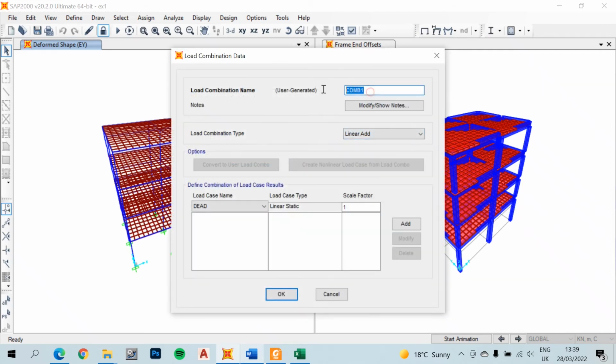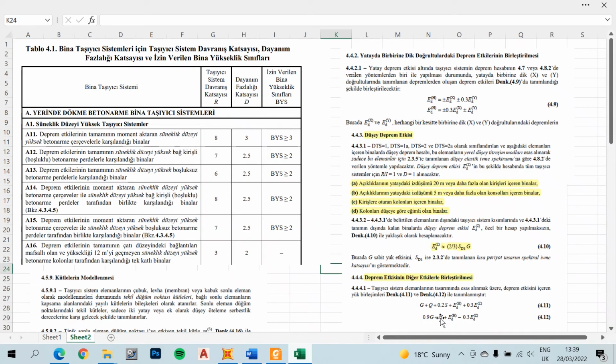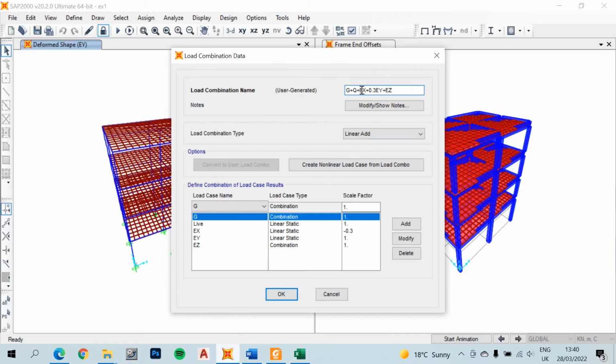Add new combo, and add copy of combo, and I click on Control V. And in this case I'm going to try to do the second one, where we have negative EZ. So I come here, I do 0.9 plus G plus E. We don't have Q in this one. EX plus 0.30 of EY minus 0.30 of